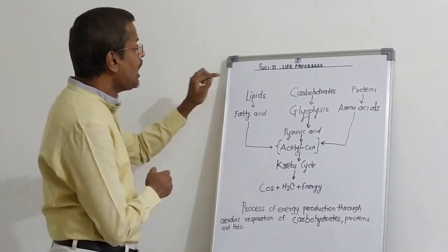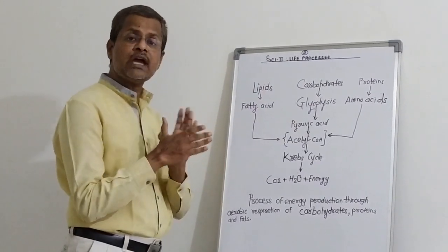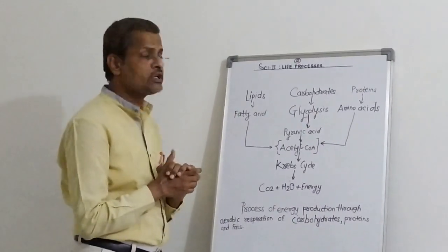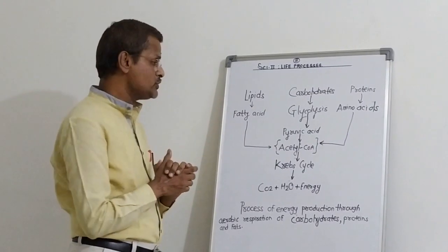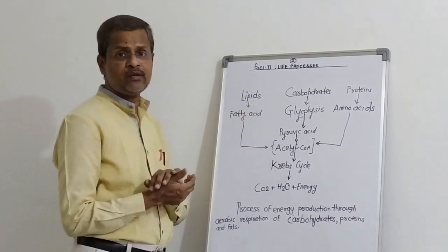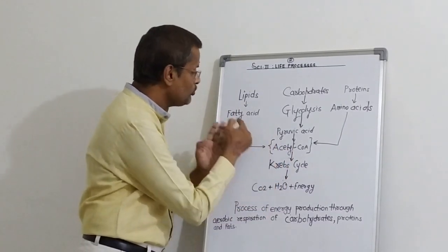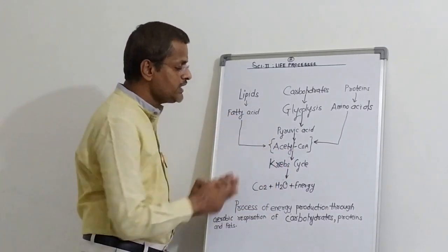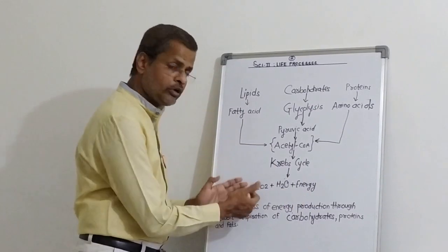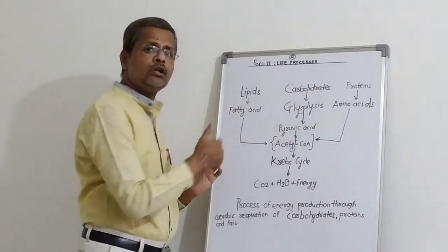Now let us see how lipids, that means fats, and protein undergo the Krebs cycle. So here lipids, that means fats, initially produce fatty acid after digestion. This fatty acid turns into acetyl coenzyme afterwards, and the same method is followed here. After producing acetyl coenzyme from fatty acid, in the Krebs cycle ATP energy molecules are formed along with carbon dioxide and water. In the same way, proteins also undergo